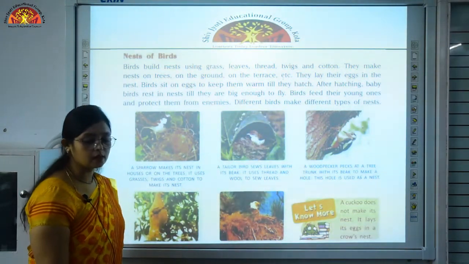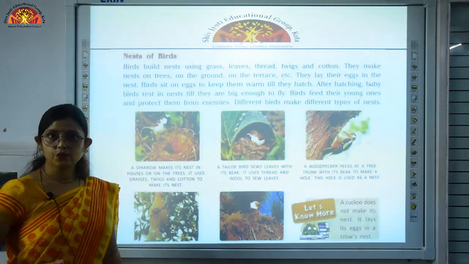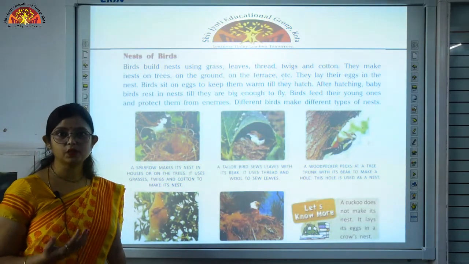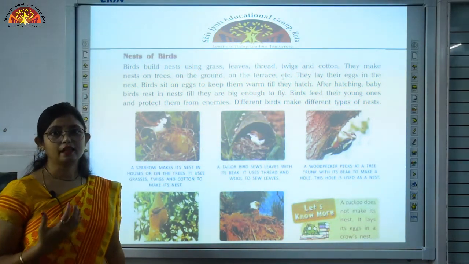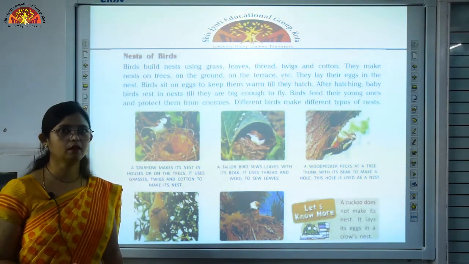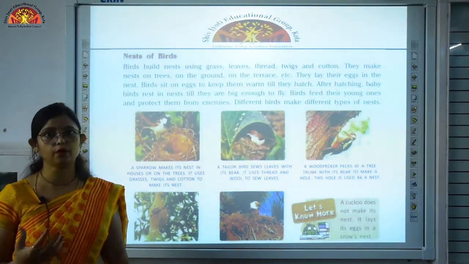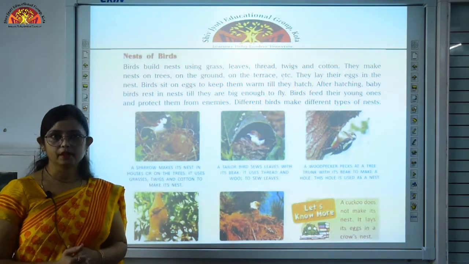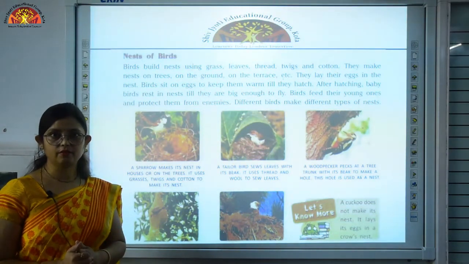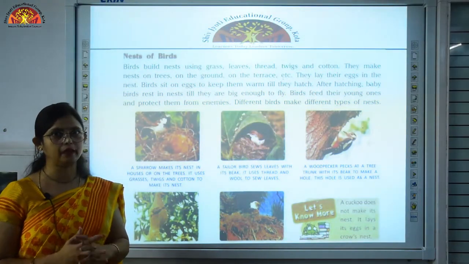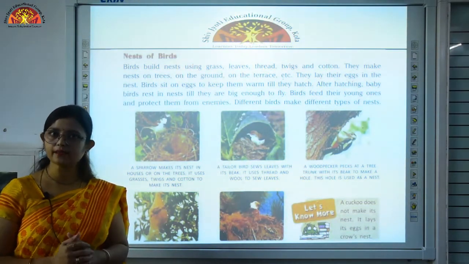So, students, just like us, as we need house which protect us from all the enemies, like different wild animals, other animals, it protects us from heat, cold, rain. So similarly, birds, although they live in the natural environment, they also need a different type of protection. So for protection they build a house. This house is called as nest.